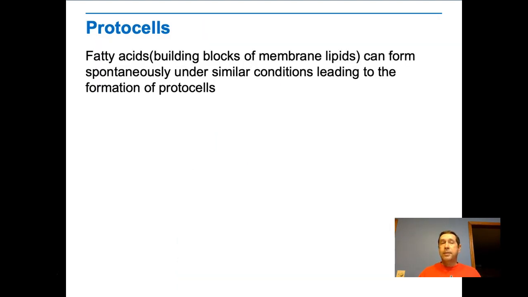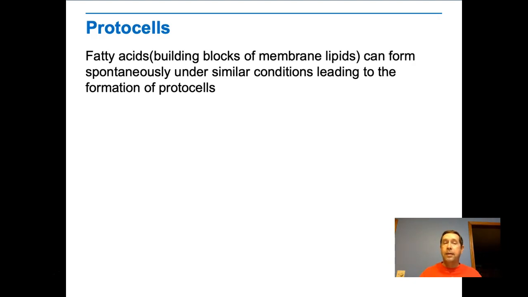Now, at one time, there was this idea that living things today could form from non-living things, and there was some evidence that seemed to support that idea. But Louis Pasteur designed an experiment that disproved that. And one of the things that prevents that from happening today is the fact that the atmosphere is very different today. It has oxygen, so it's an oxidizing environment, which prevents those things from happening.